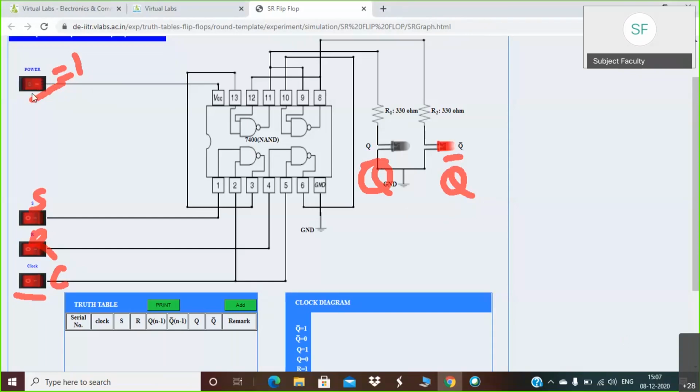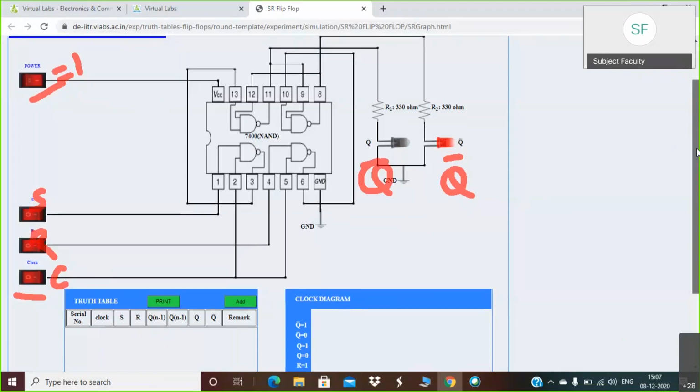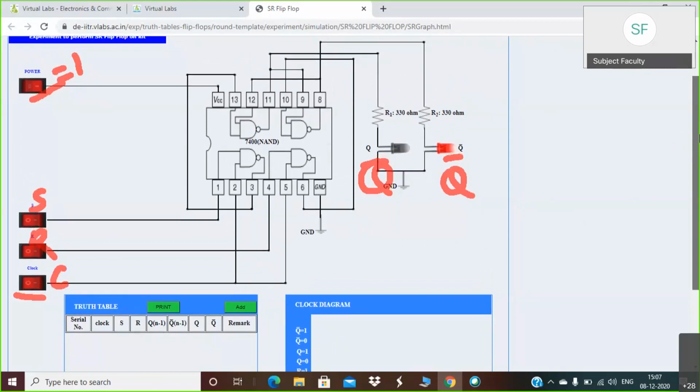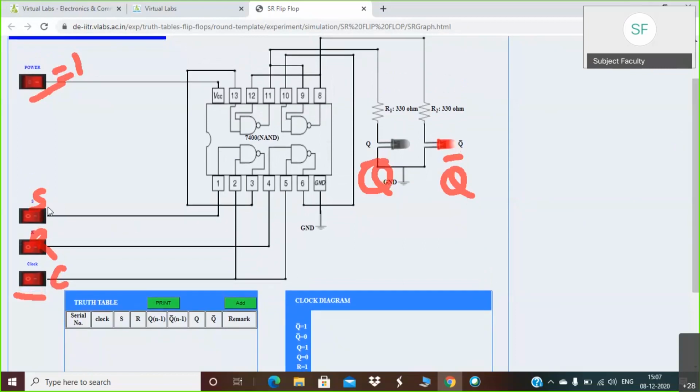You can observe as soon as I have done that, Q becomes 0 and Q bar becomes 1, because we know that Q and Q bar are always complements of each other. Now you have to just vary the inputs and observe what the outputs are. Okay, it's quite simple.